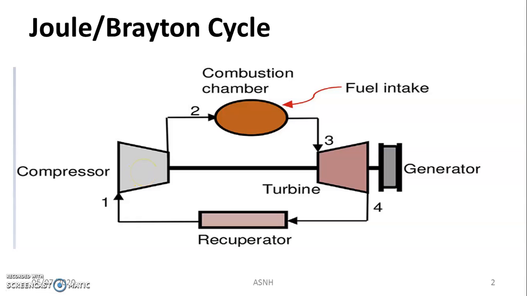Keep in mind that there are two cycles of the gas turbine. The first is the closed cycle gas turbine. This cycle continuously repeats itself. So it is called a closed cycle gas turbine, because the same working fluid continuously moves through all components. But in the case of the open cycle, the working fluid, after the end of the turbine process, goes outside to the atmosphere and does not continuously repeat itself in the cycle.